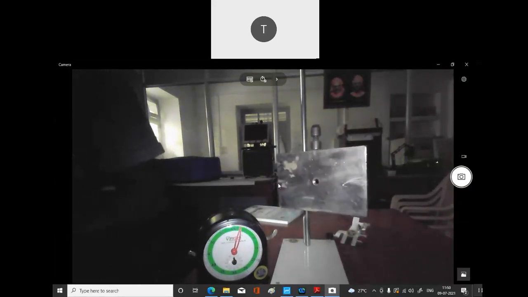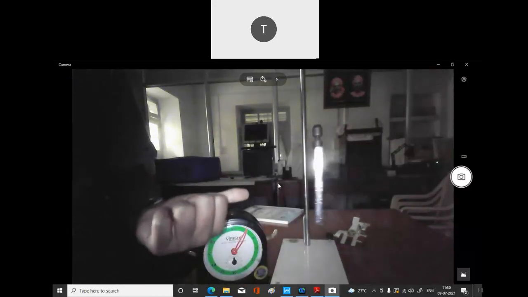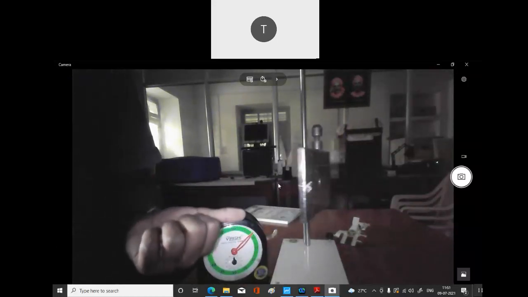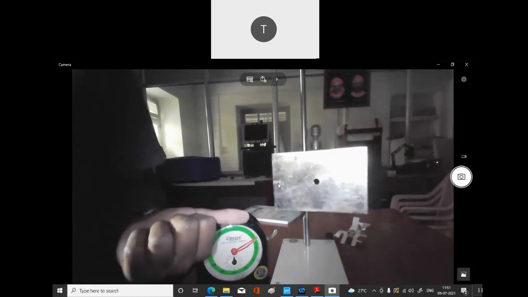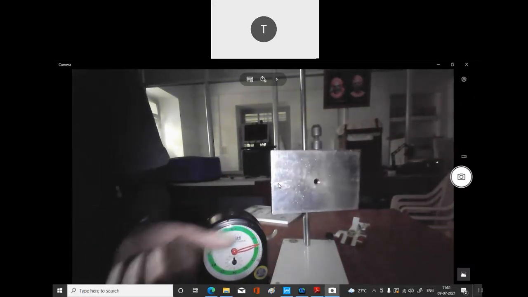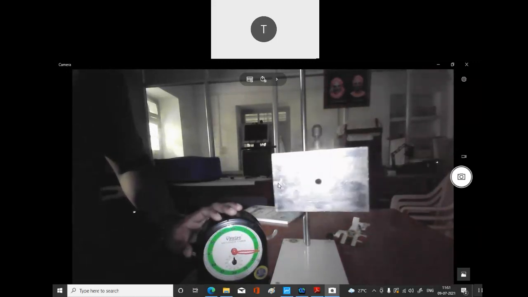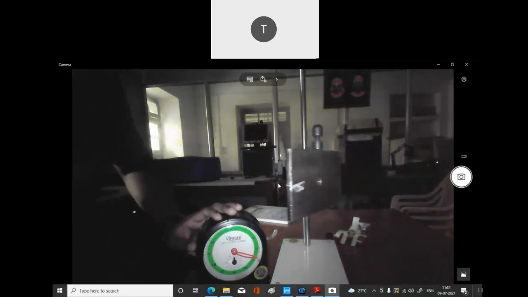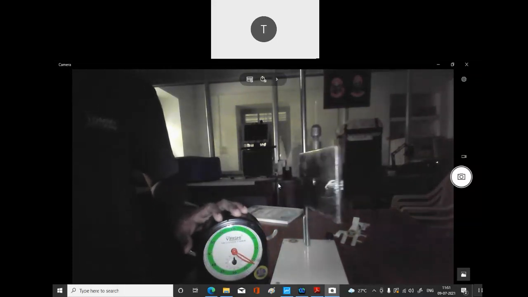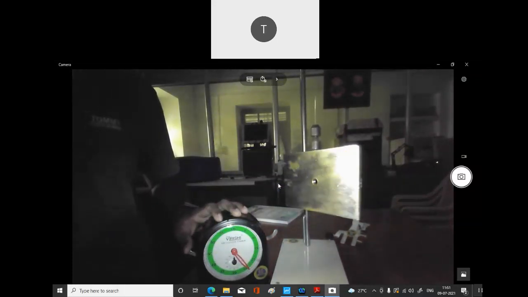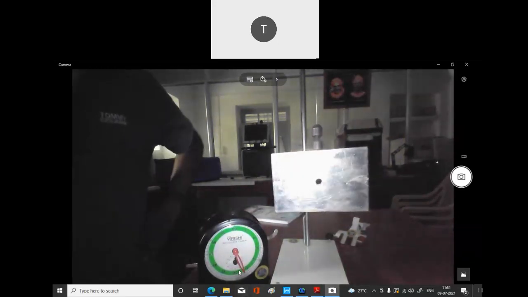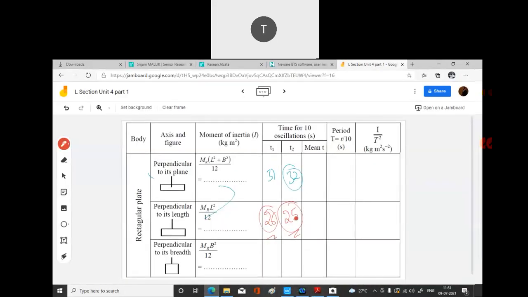Then you keep counting the oscillator. So this is what you have to do for 4. Right now it is already 1. Then let us see, 2, 3. When it comes back, you have to stop it, and then it will be 4. So it's almost again close to 26 seconds. Let me change it, because it is 26. So let us write it as 26 seconds.